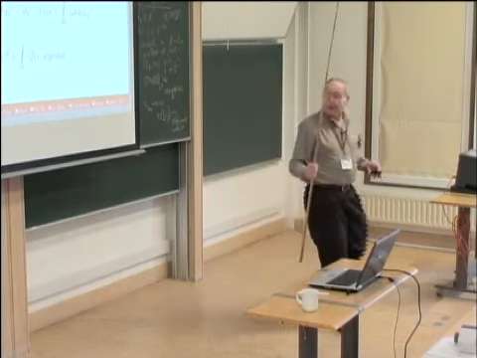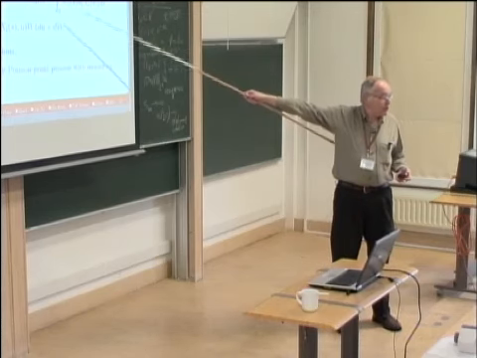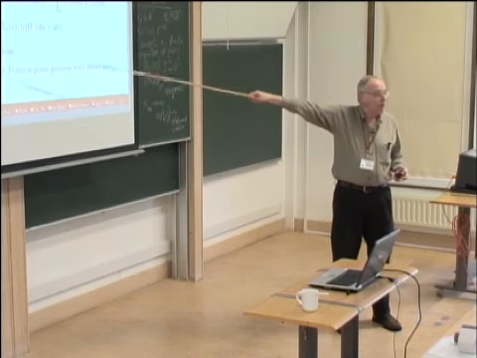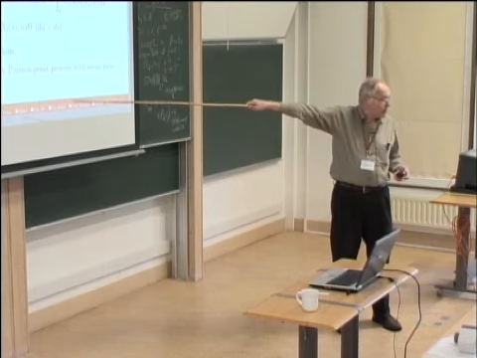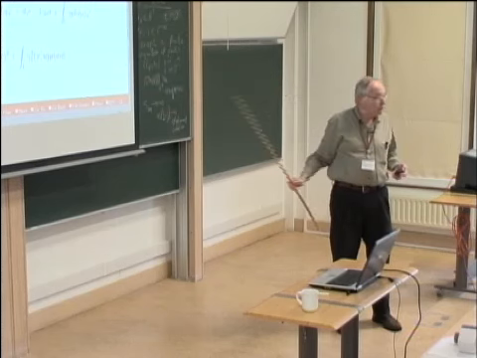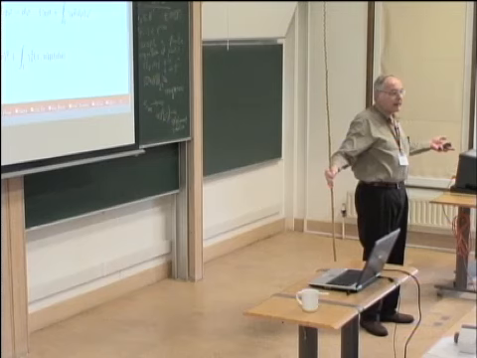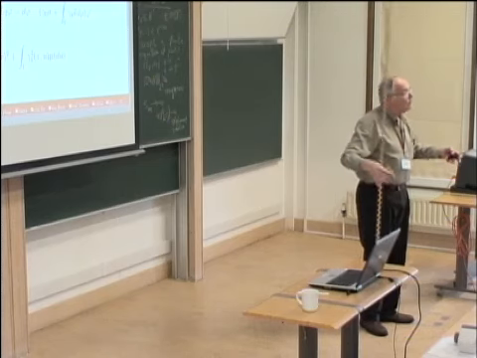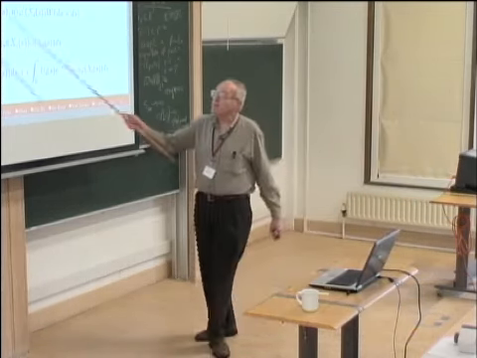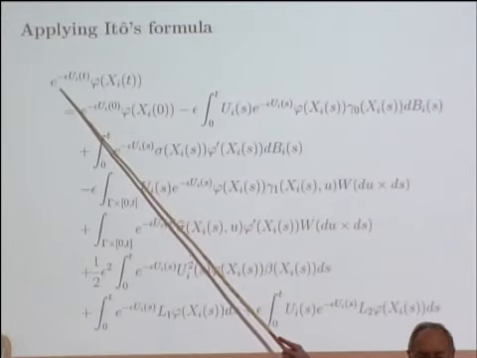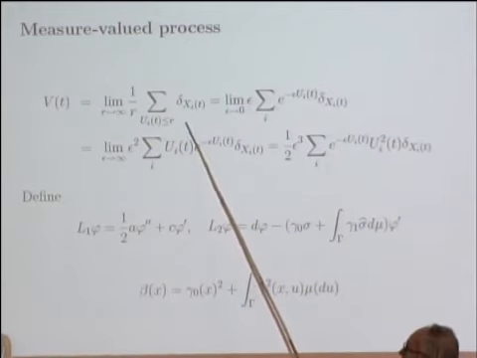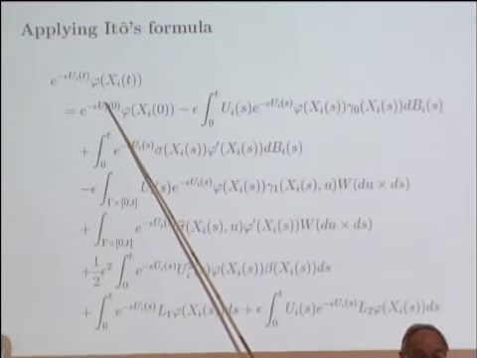Well, I've got an infinite system here, and I'm claiming this infinite system is a representation for this V, in the sense that I can recover V from the infinite system. Well, what the heck is V? Now, remember what we did in the exchangeable case. We just played games with Ito's formula. If I tried to apply Ito's formula to this, I wouldn't get very far. But I can apply Ito's formula to this.